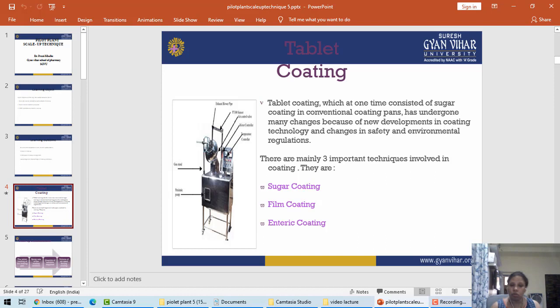So if we talk about sugar coating, as the name suggests, we do this type of coating to mask the bitter taste, as well as for many purposes, but basically to mask the bitter taste or to provide sweetness to the formulation, we do sugar coating. Not only this, if we want to protect some formulation from moisture, then also we can do the sugar coating. So there are multiple applications of sugar coating. The basic is a sugar solution, and there are multiple steps also.